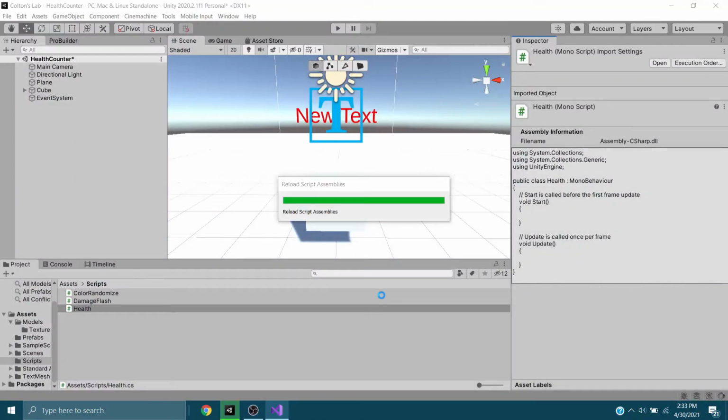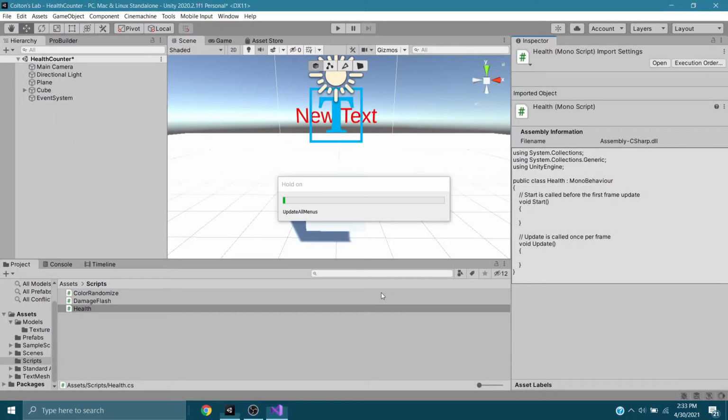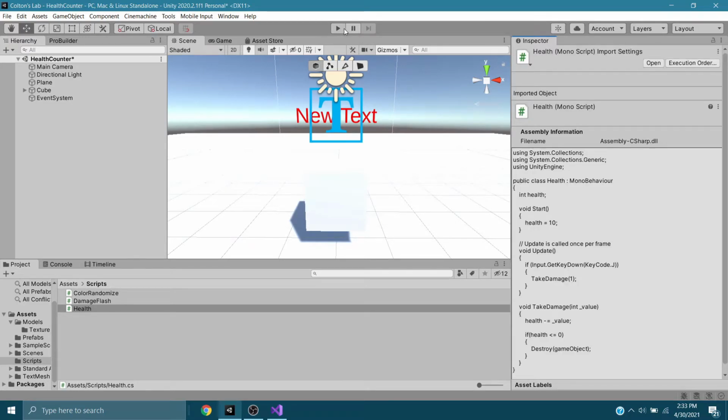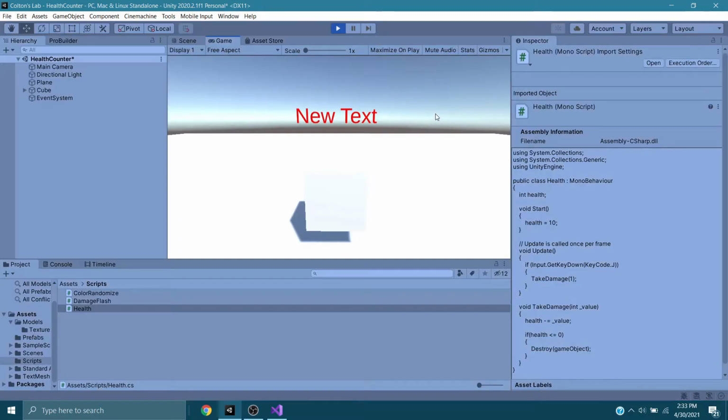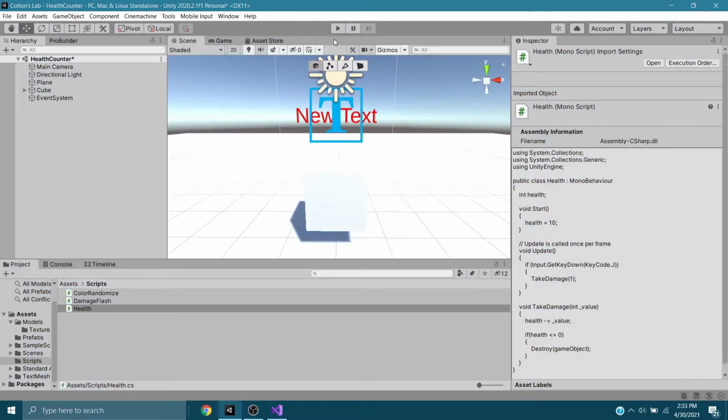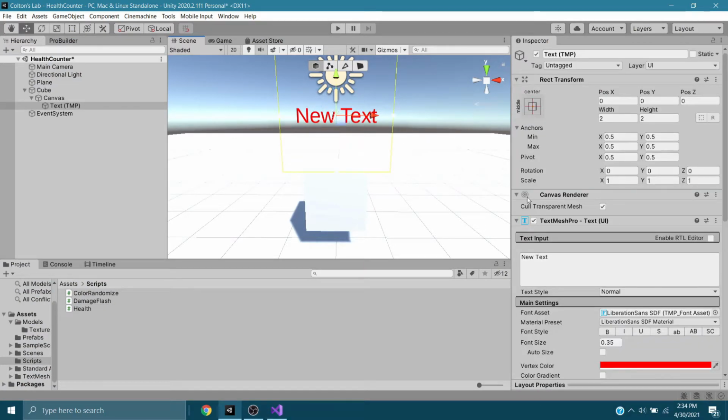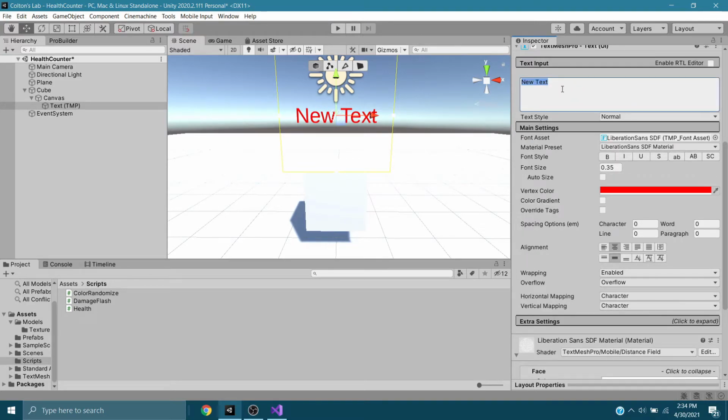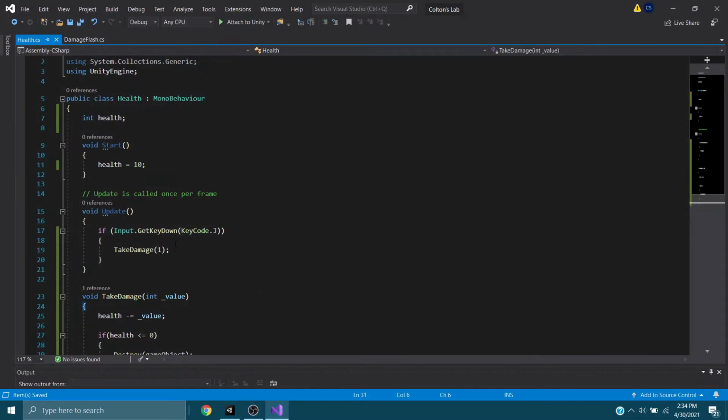Now if we go back and we play, I should be able to hit this 10 times, and on the 10th time, it destroys itself. 2, 3, 4, 5, 6, 7, 8, 9, 10. And it destroyed itself. Now the only problem with this is we can't really see what's going on. What we can do is, this is why we threw the text on here. We could take this new text and set a value in here to let it know exactly where this health is at. In order to do so, we're going to be using